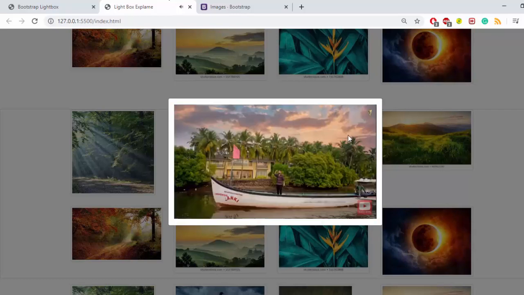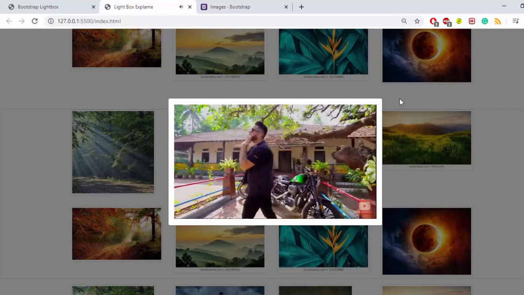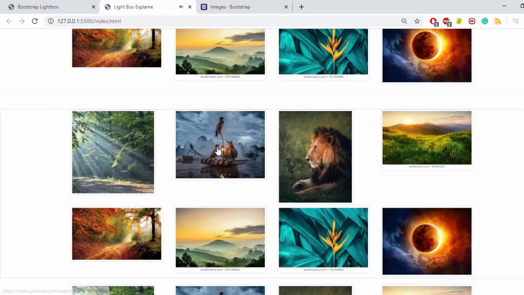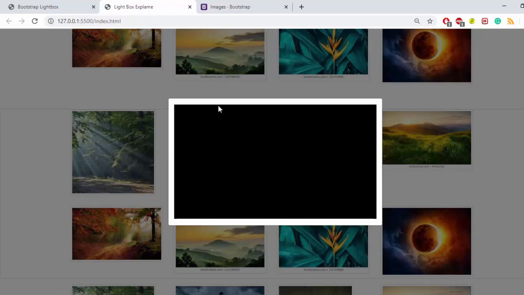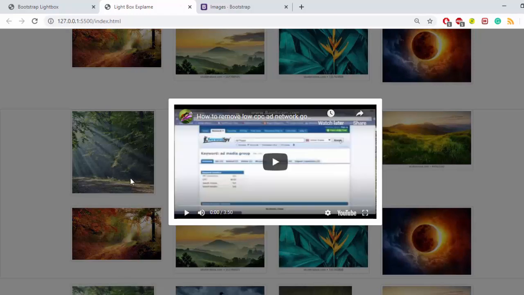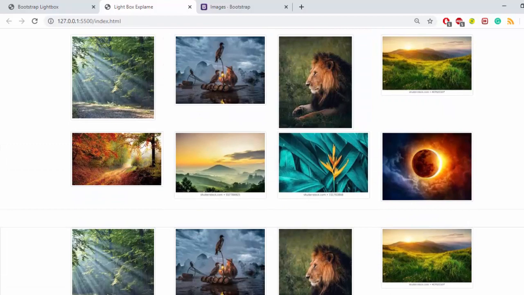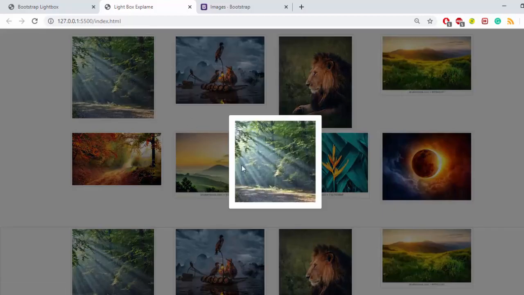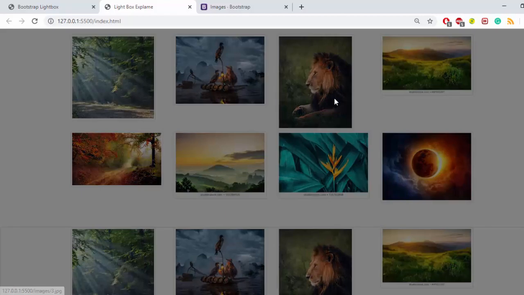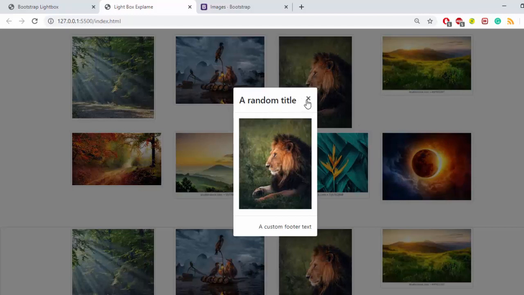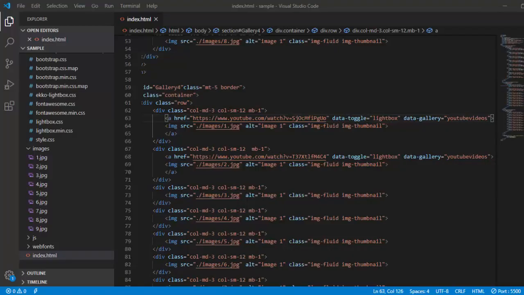So hope you have understood. The video is playing well, right? So here you go with all the videos with a Lightbox kind of thing. Done. Hope this video will be helpful for you, and you will be using this in your projects. Wherever you go in your box, like in this video also, we can give the title and everything. And this is a simple code we have for it.